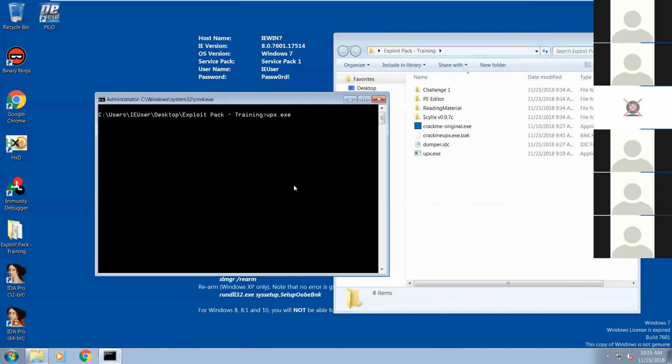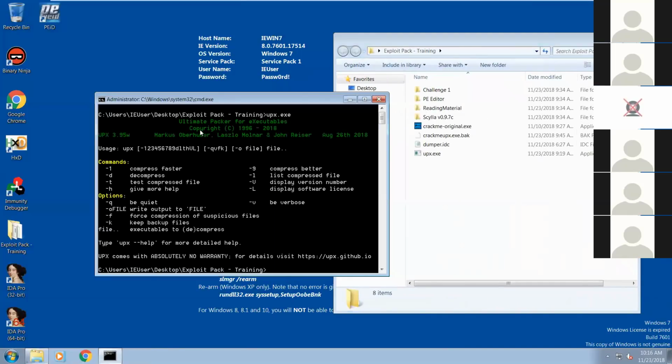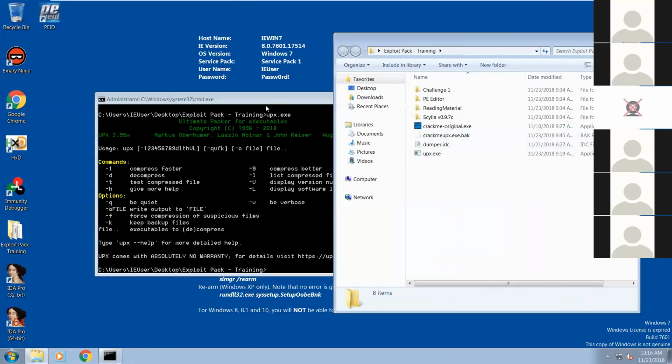So we do UPX there. This is the ultimate packer for executables. Basically what you can do with this is to pack a binary, and by doing that, you will create a stub inside the binary, the segments will be changed, and then you will not be able to read whatever is inside the binary. So basically, if we put this inside IDA, like that,